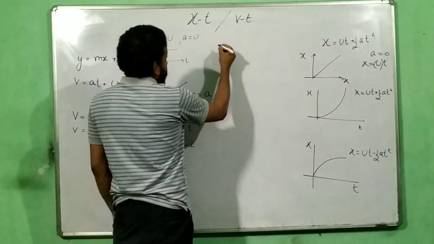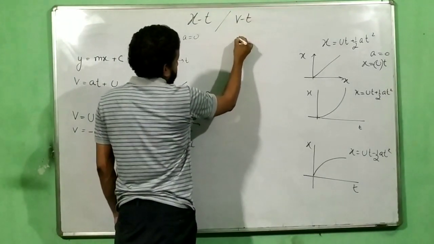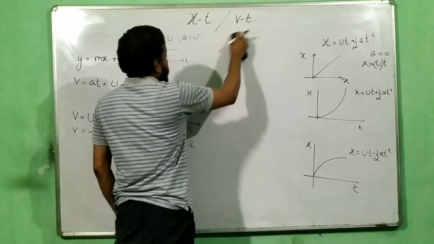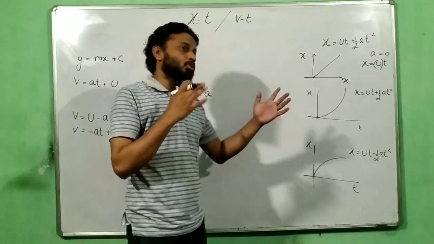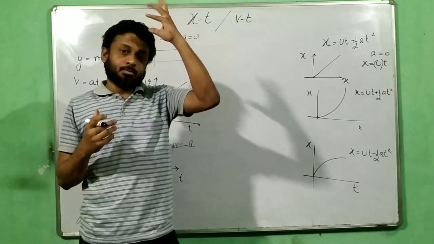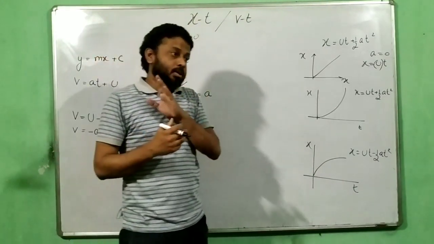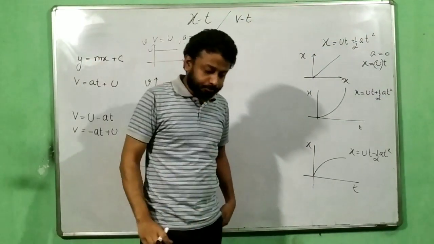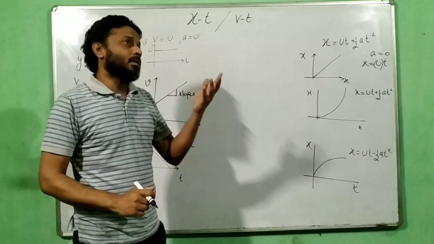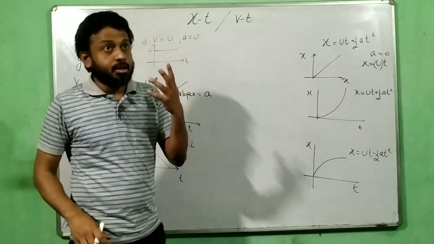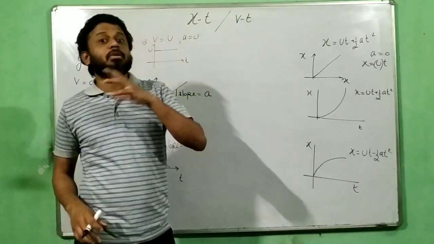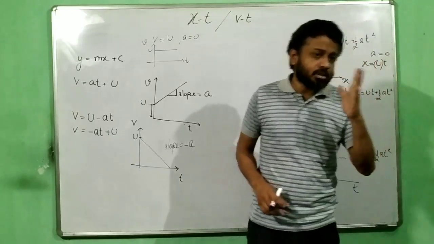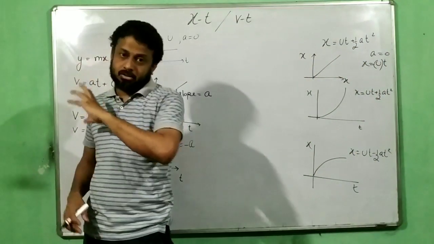Now, suppose the velocity is negative, let us say v equals to minus u. Body is moving in the backward direction. Generally in physics we use something going up as positive, something coming down as negative, something going towards positive x-axis as positive, something going in the negative x-axis as negative, right? So let us say that a body is moving in the opposite direction. Velocity negative, don't relate that with maths. Of course, the minus sign is there from maths only, but negative velocity in physics means it is moving in the opposite direction. Okay.